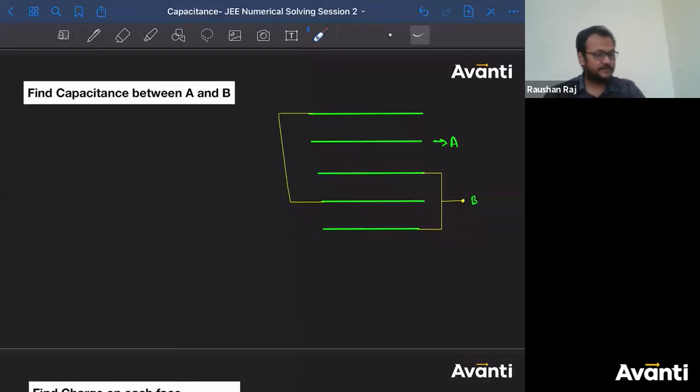Try to figure out in which condition you are going to get series combination. In which condition you are going to get parallel combination. Get the answer. And when you get the answer, that will give you more satisfaction rather than me giving you the answer. Okay? आप खुद find out करो.